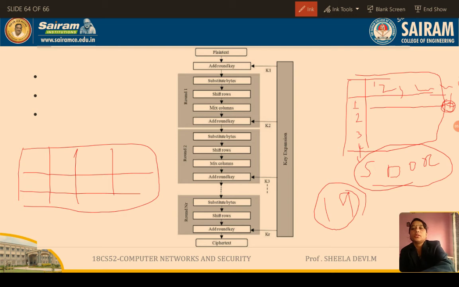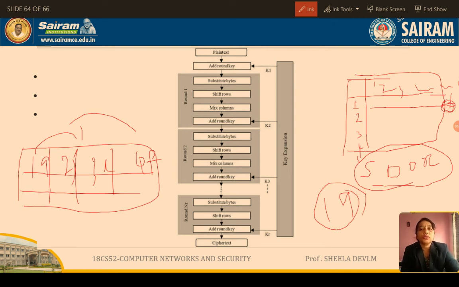Like this. The data will be there: 19, 23, 3, 4F, like this. So we have to shift the rows. We have to shift the rows by 2, left shift 2, right shift the rows by 2. By shifting the rows, we can make things complicated. The ultimate purpose is to confuse and make things complicated so that an unauthorized person cannot get the data. That is the ultimate purpose of all the encryption techniques.